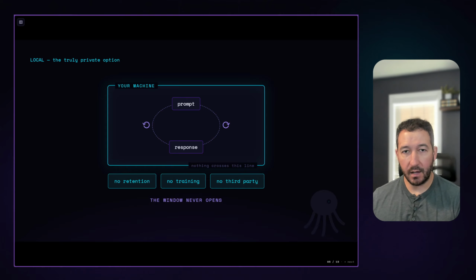Now, at the other end of the spectrum is to go fully local. You're hosting LLMs on your hardware. In that case, you can control the retention window. There's obviously not going to be any training, any third-party servers or companies with your data that can keep it, train on it, etc. So you're never opening that retention window.